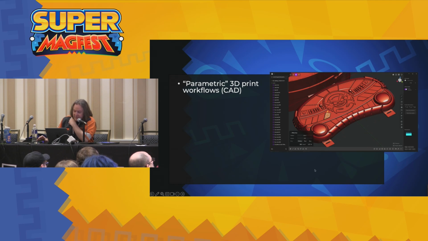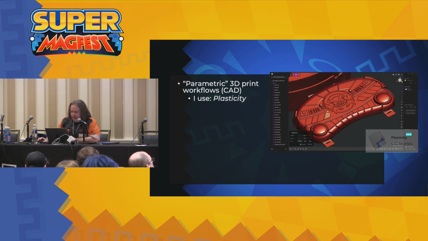I've used Blender for a lot of the blockout for the models for those, but when it came time to actually do the design work on these, that was members of the swag team here. Eric, I think, is here, and Emily, one of the heads of the swag team, modeling the very precise parts of it that are functional and then letting me play with little designs on top of it. For that, I would use a tool called Plasticity. It is modeled after Blender, it interacts with Blender great, useful for people like me that don't really know Fusion.